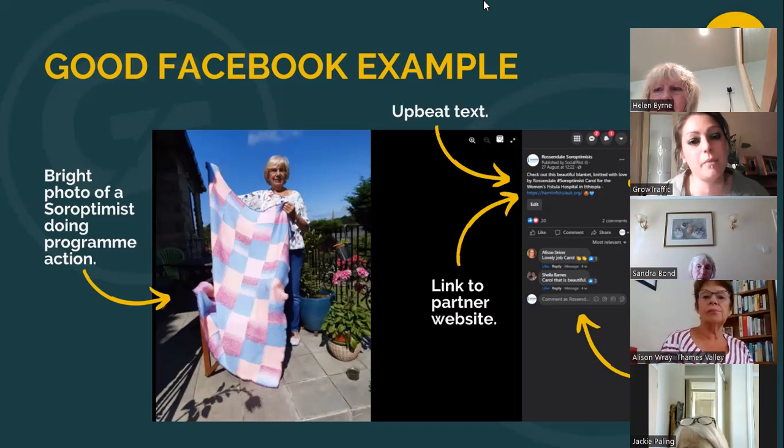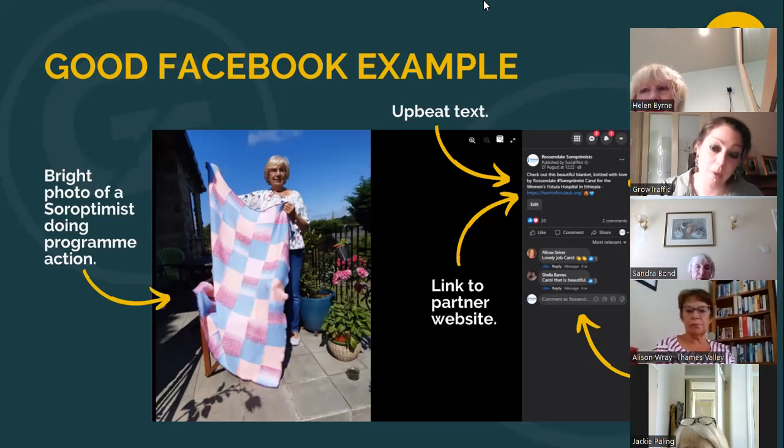We could have asked people to engage with us by showing us photos of their knitting projects. But it's a really upbeat tone.